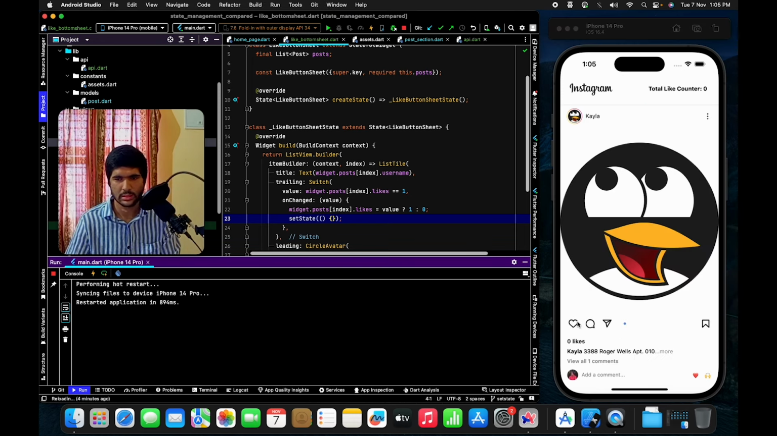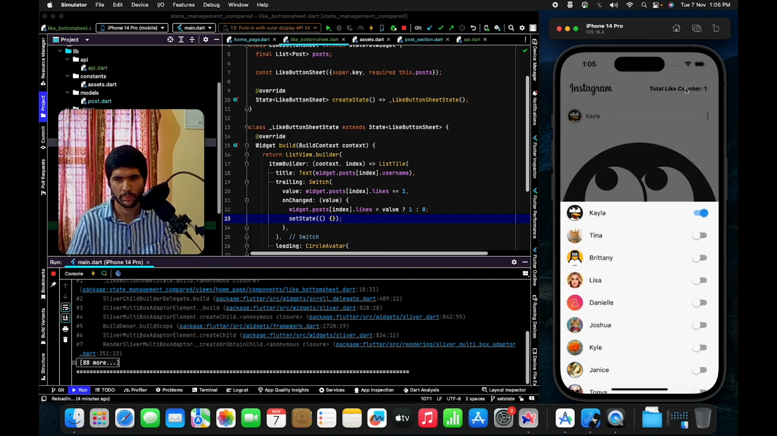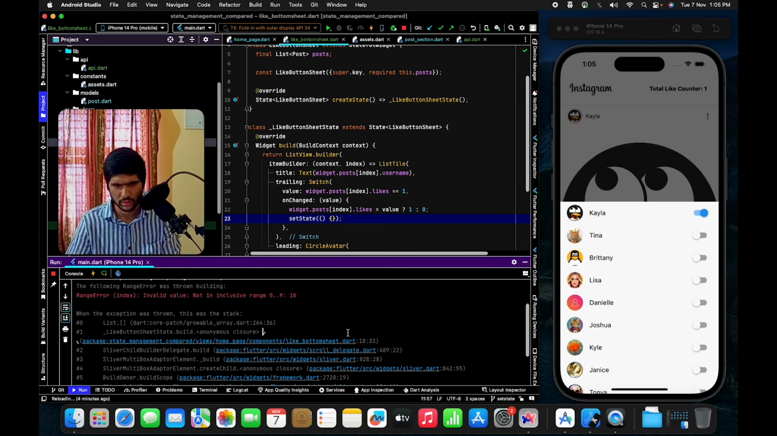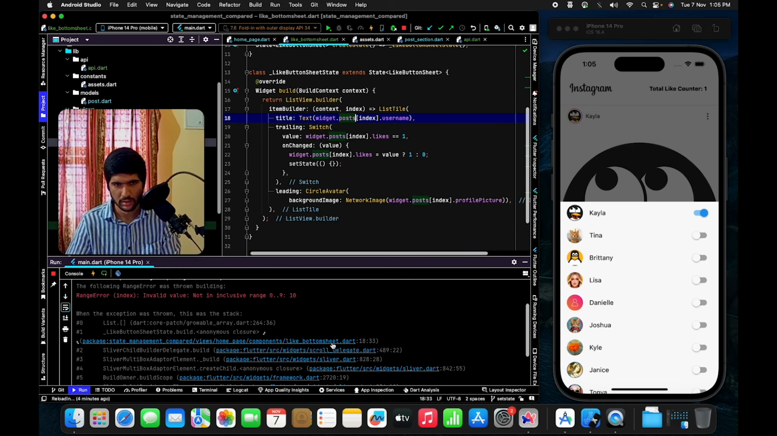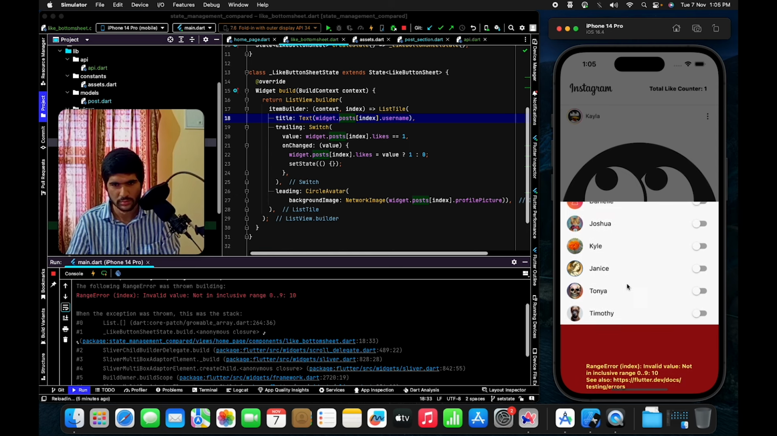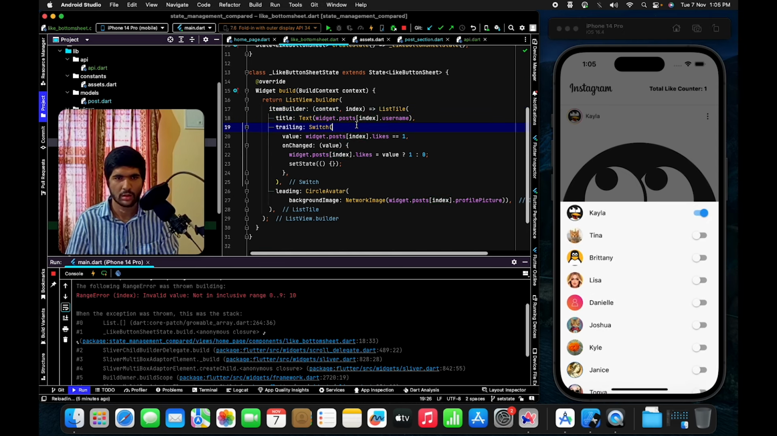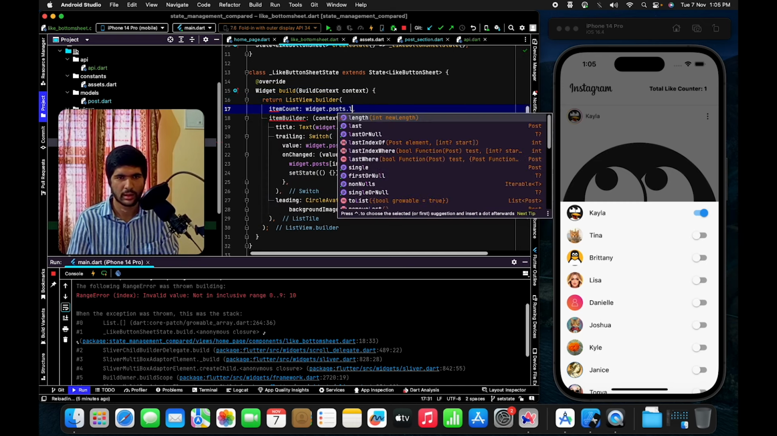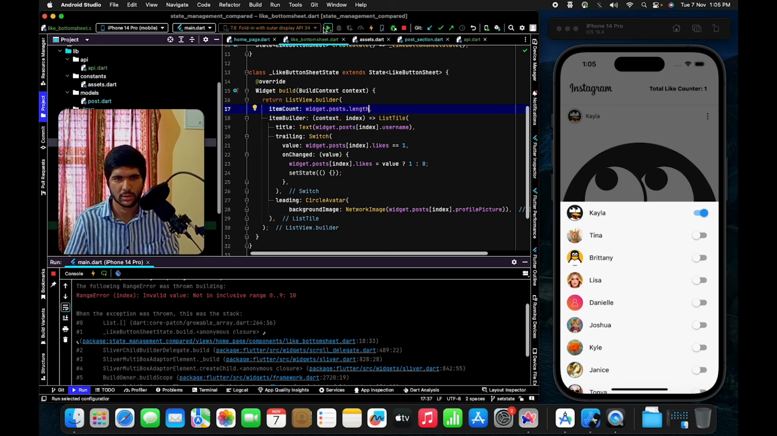Like counter is 0. I like that. I'll open up the bottom sheet and you can see that this item has been liked here. There is one error. Let's just fix that. So here if we go back, posts index not in inclusive range. Okay, because we are not passing the length, so let me just pass item count length. Perfect. Let me just hot restart now